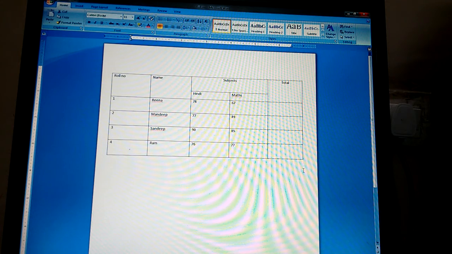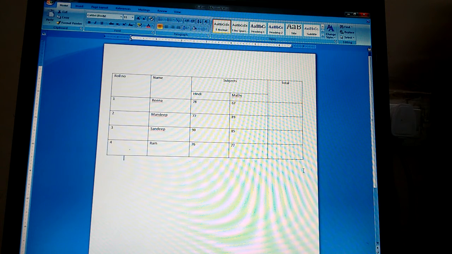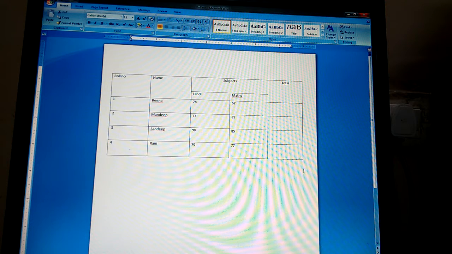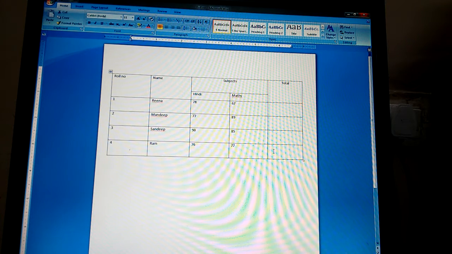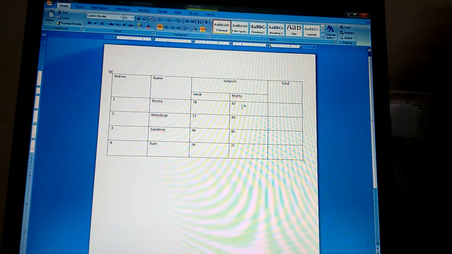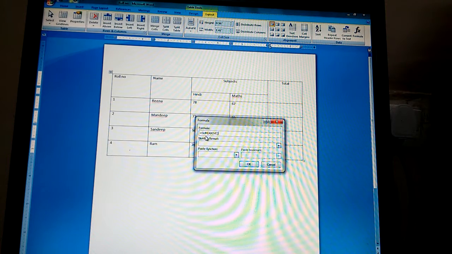So by using these options you can resize and move your table. Now we will learn some simple mathematical operations. How will we apply a simple mathematical operation? Firstly, we will leave our cursor where we want the answer. Suppose we want to add these two numbers. We will click on the Layout tab and then click on fx Formula. You can see here SUM(ABOVE).